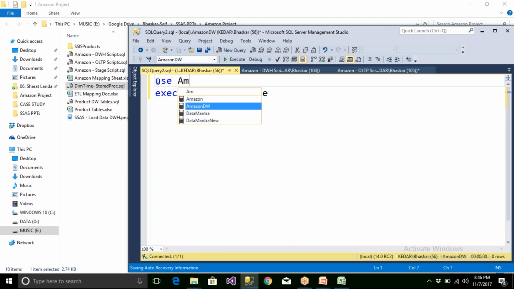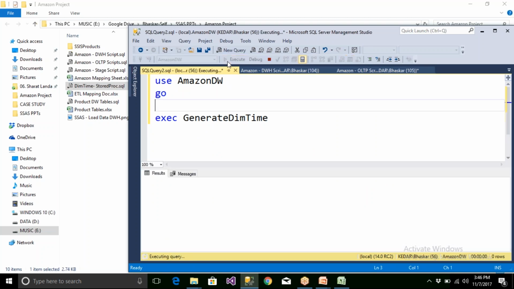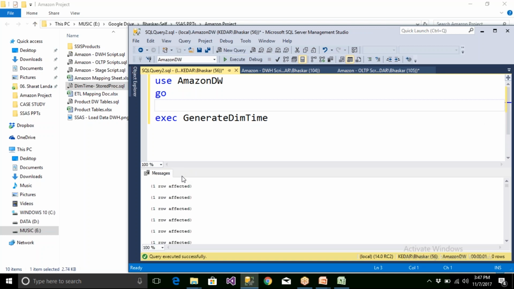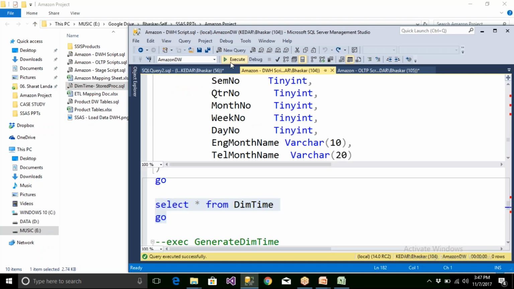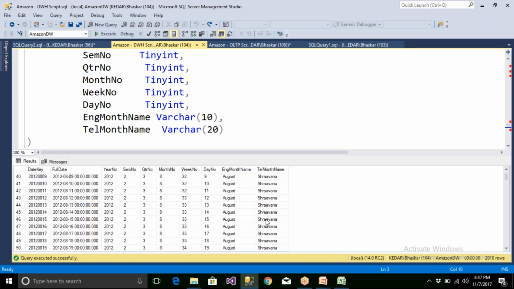Okay, that's it. So you have to execute, because the stored proc is available in here. So make sure that you have to execute this. Now, when you execute, this fellow is going to insert the data. So it has got inserted. Now, let me execute this. Now you should be able to see the business started in 2012 and December, and for July the Telugu month name is Ashadam. So like that. So for August it is Shravanam. So this is own logic which I have developed. September means Bhadrapadam, something like this. So you may have Telugu month name, French month name, German month name.